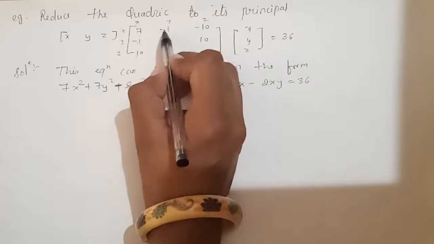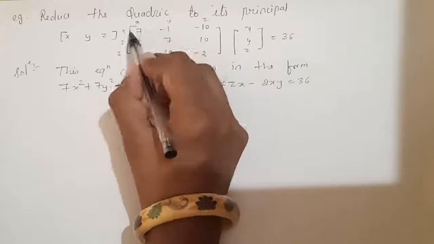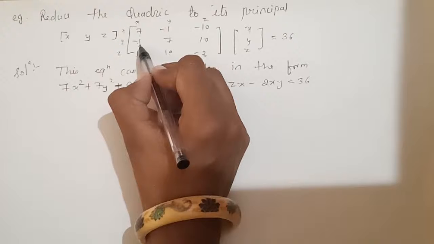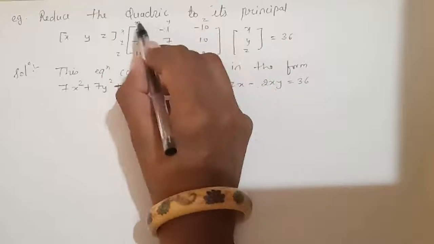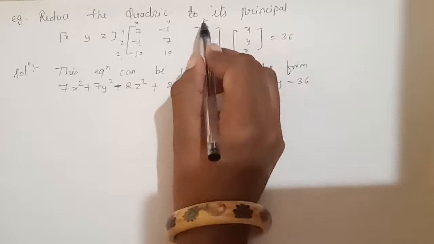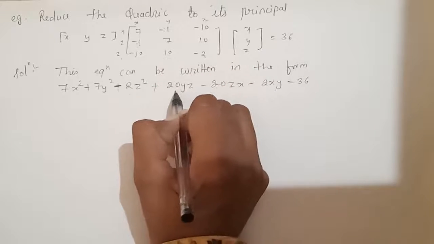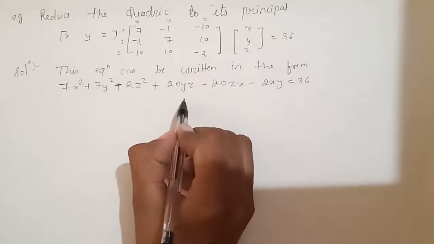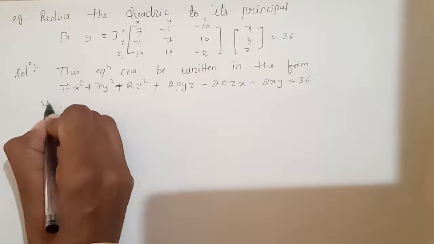Where we are getting two terms, we add these two terms. So xy and xy, adding, I get minus 1 and minus 1, minus 2xy. Now this is xz and this is also xz, so 10 and 10 become minus 20zx. Again zy and zy, 10 and 10, plus 20zy. So this is how we can write this equation in the form of x square plus y square plus z square. Now here we need to reduce